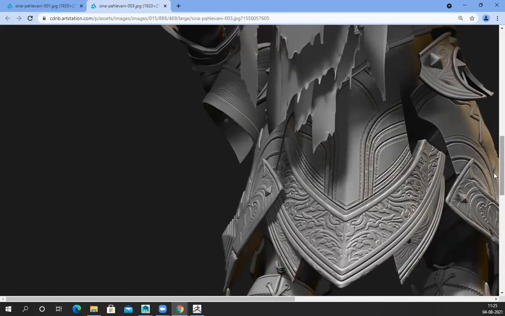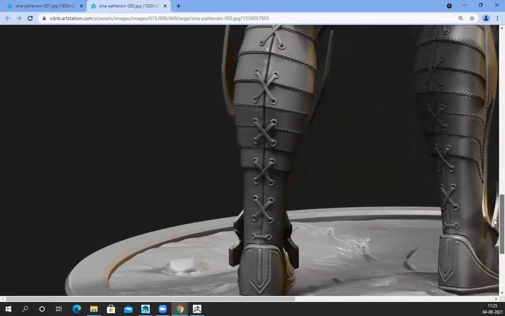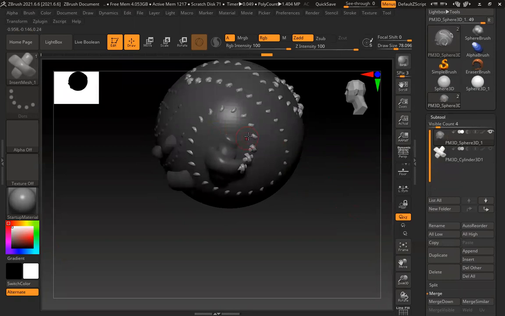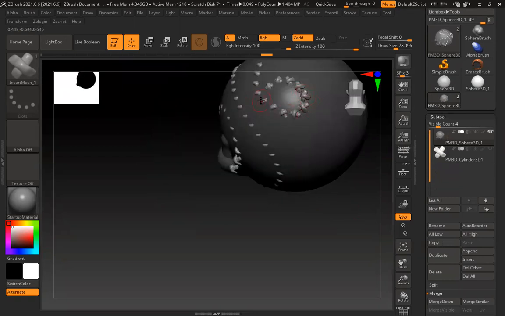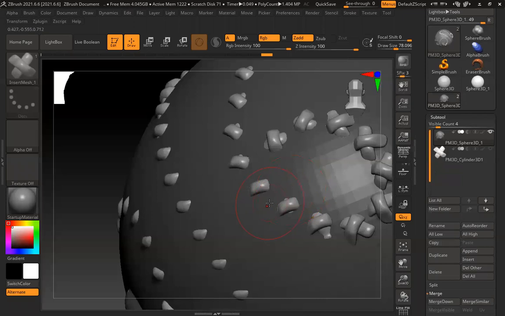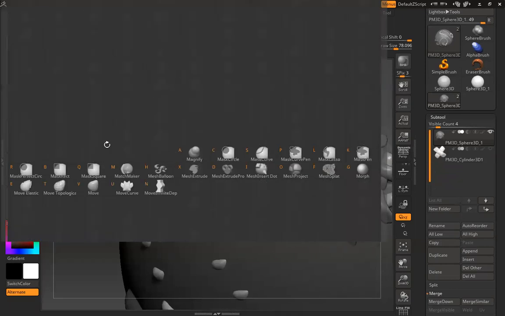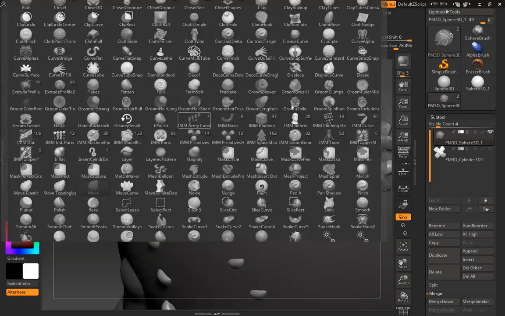Sir, these panels, I've created them separately. So if I make the stitches now, sir, how will I align them to both the panels? Because if I align to one panel, then it will be down. No, then you have to manually modify it. Suppose I created this thing, it's done. I can see here it's outside, here it's inside, right? So I have to manually fix those areas. So let's give a move brush or something, or maybe standard brush.